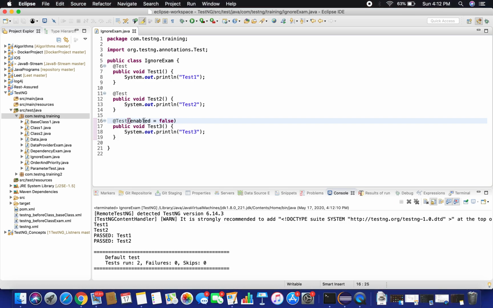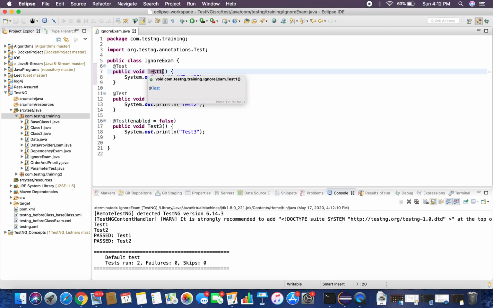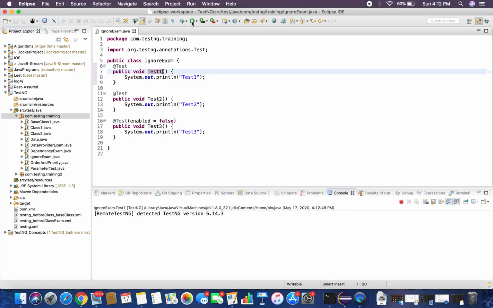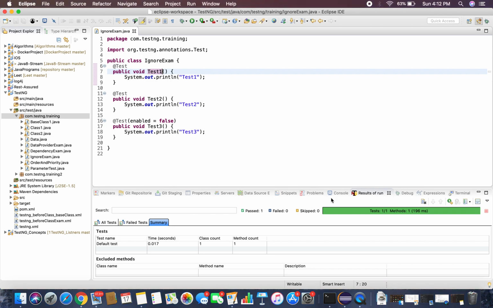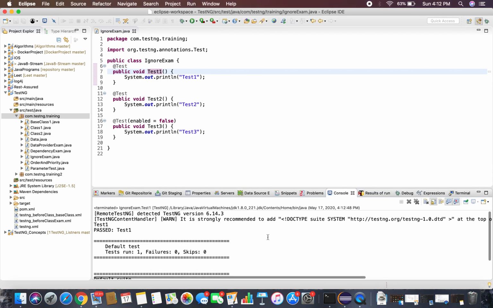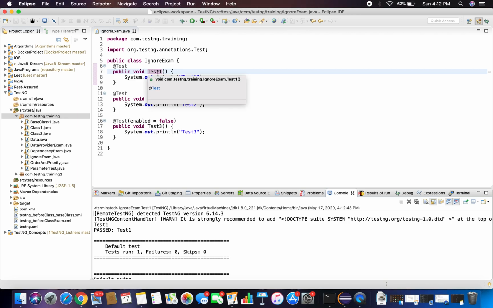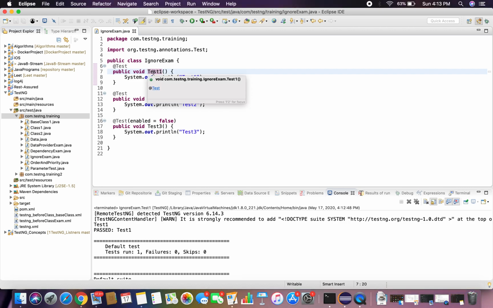And this is a cool feature provided by TestNG. And there is one more thing I can say. If you want to run a specific test case from a class, simply select the test case and run. That executes a single test case, whatever test you have selected. This is also another option to run a single specific test case. You can just select the test method and run that.